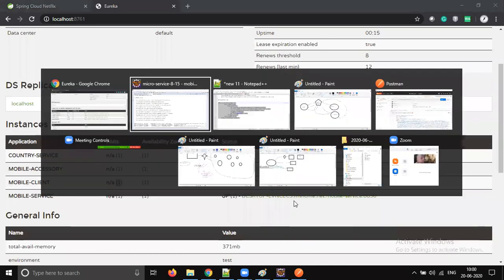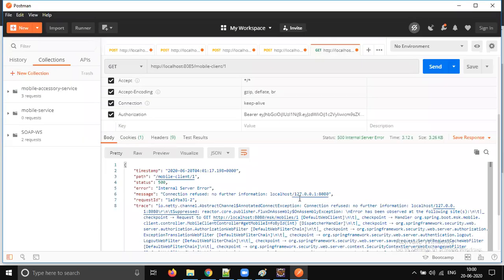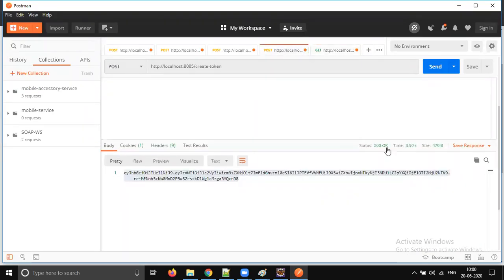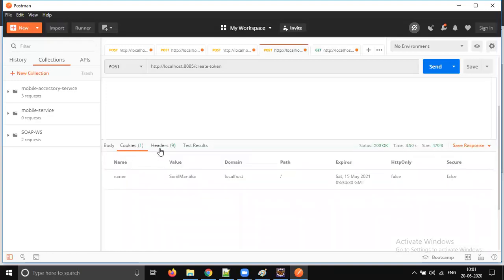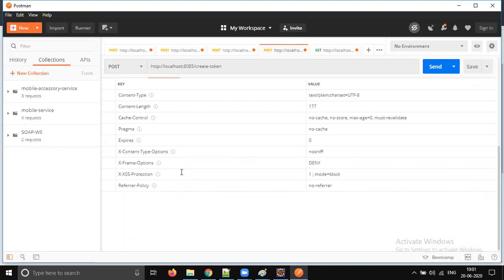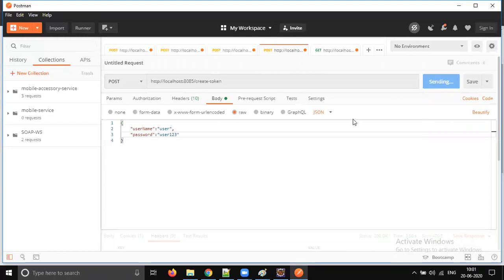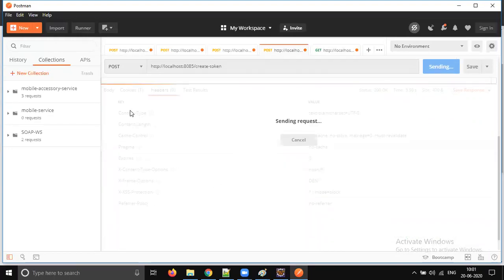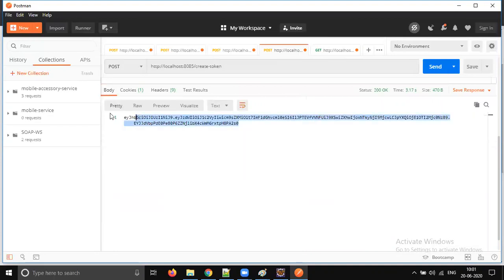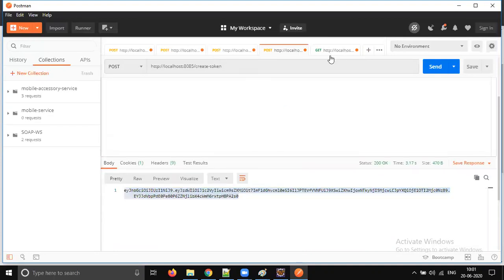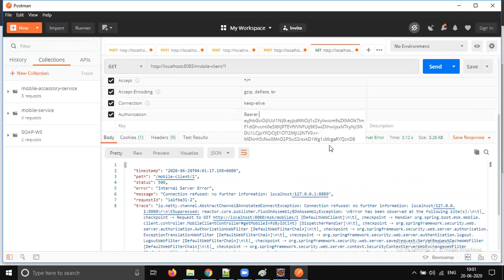So now let's go to the Postman. I think the token was created 30 minutes before. I'm not sure whether it's still available or not. So let's go to the cookies section. Okay, the time is not being displayed here. So let's create a quick new token. Okay, you got the new token. Just go to the get request and try to pass this token and try to access it, right?